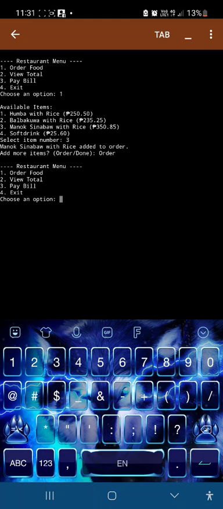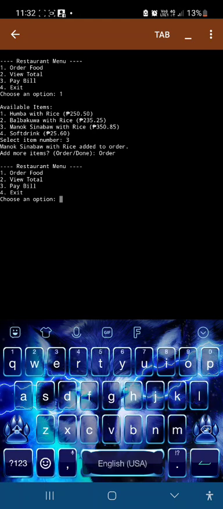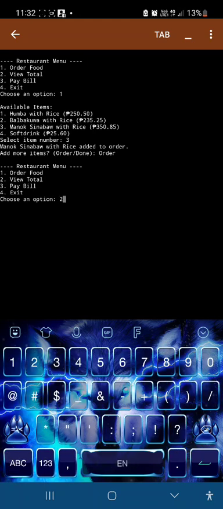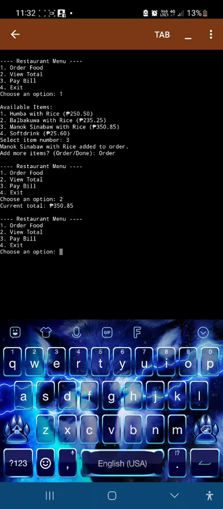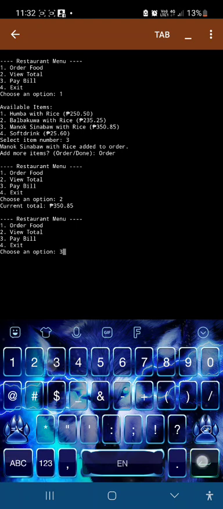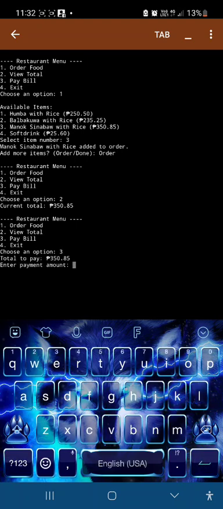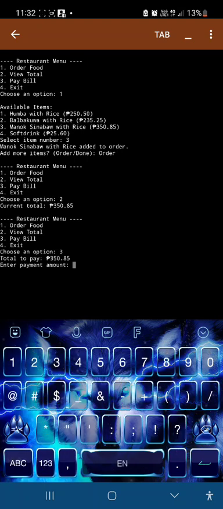Then choose an option, number 2. So the total is 350, and you can pay it. Select number 3 and it shows the total amount, and you can enter your amount, 500 pesos.